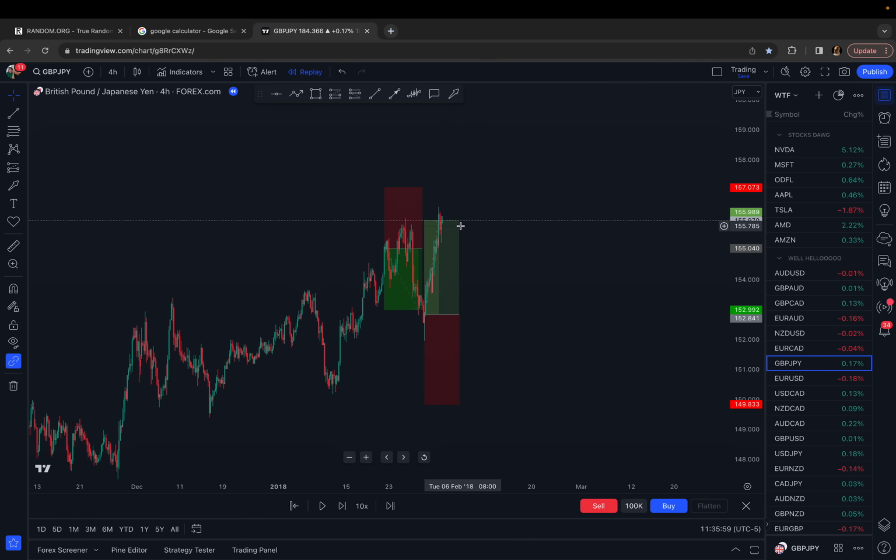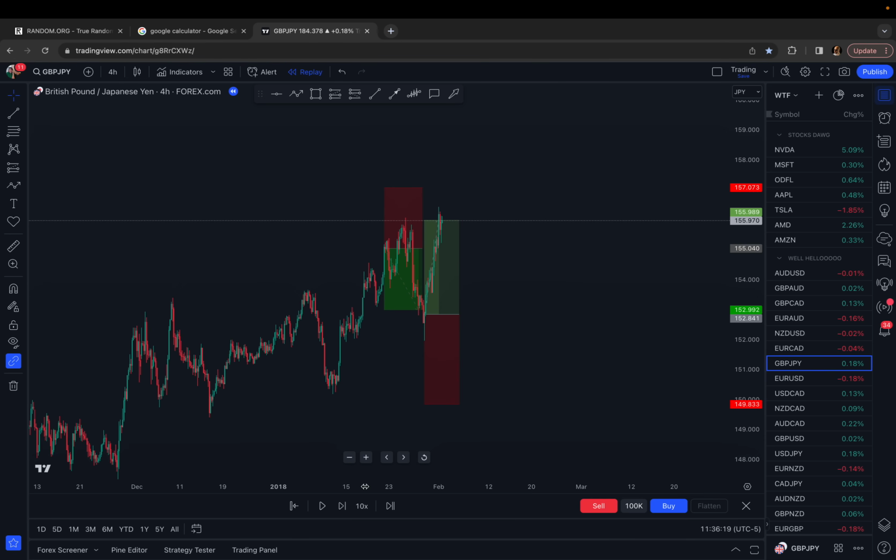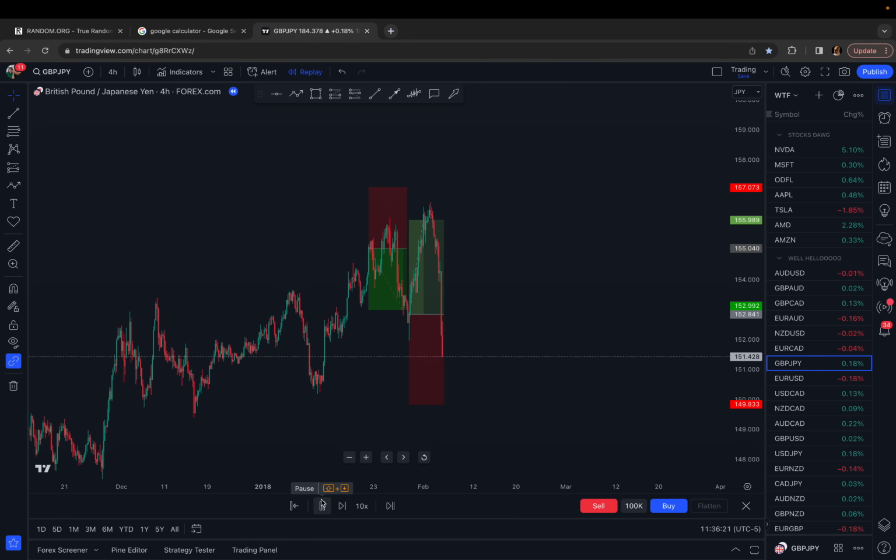Otherwise, yeah, you could sell here and it could make a double top and go down, but it's less likely to occur in the context of this market structure going up and down and up and down. So we took the $2,000 account times 2. Now we got to $4,000. Now for the last trade, we will risk $4,000 on it. Risk 100% of the account. It relies on you getting a win streak, and so you can't